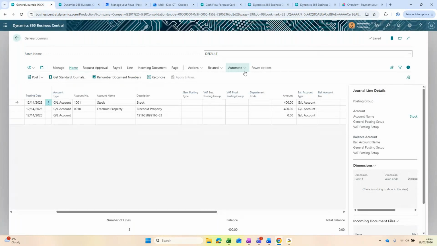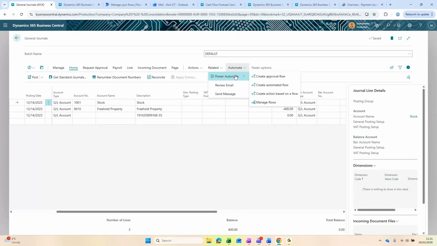I also want to call attention to the fact that Power Automate is readily embedded in the system. Now, this is an exceptionally powerful tool which is built on the Power Platform, which will allow us to create custom flows. It allows us to trigger certain events based on other events. We could create complex approvals if required, or if certain system events happen, we can then trigger alerts to be